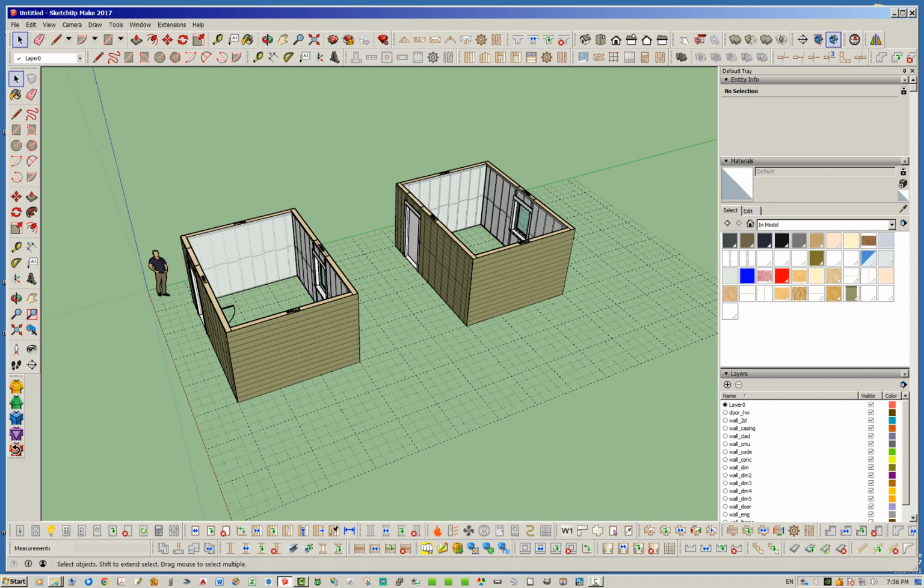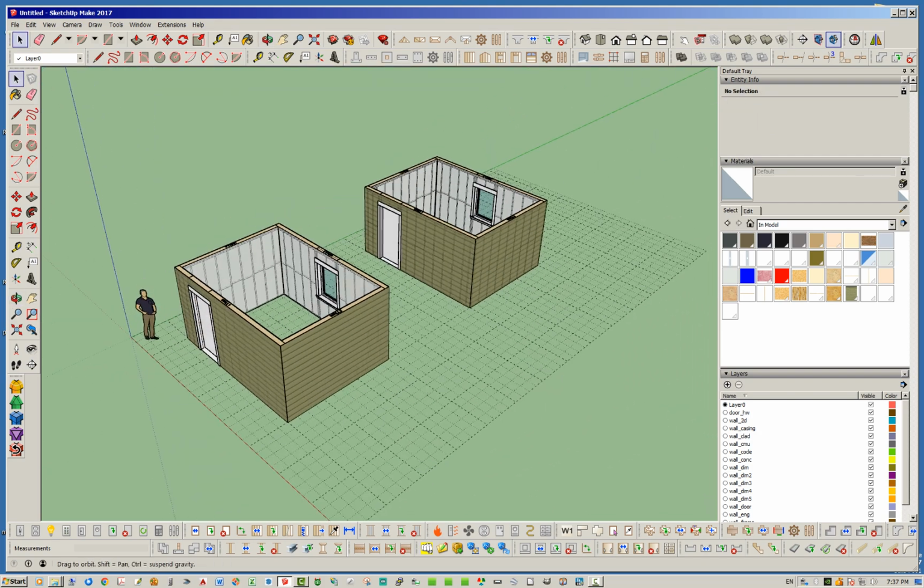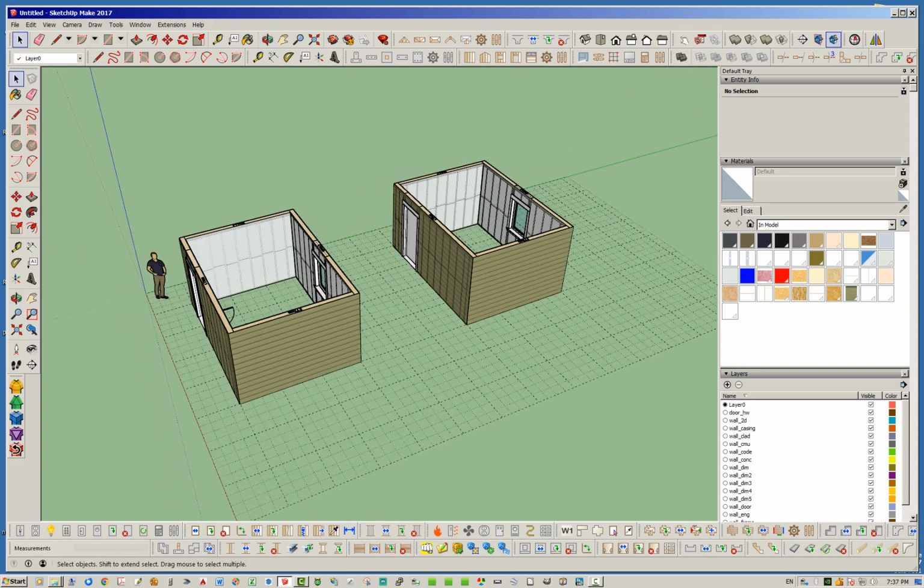Now, again, the problem with this has been, if you look at each one of these wall panels, it doesn't matter which one you click, you're going to notice up here under entity info, it's going to say group and it's going to say two in model. So what's happening is these two walls are sharing the same definition. And unless you break that sharing of that definition, you cannot actually edit these walls once you make this copy. And so traditionally, the way to fix that,